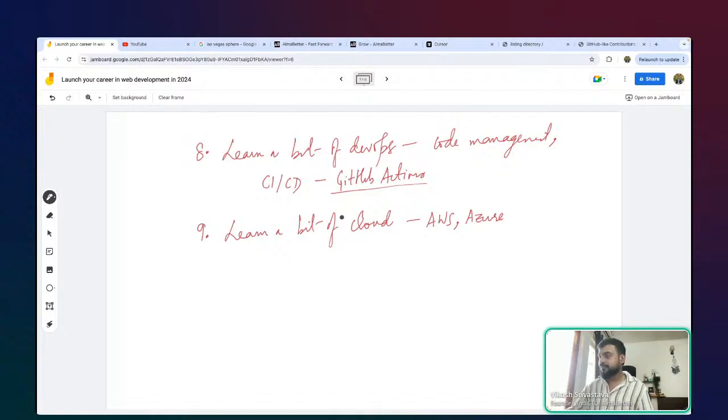Usually when you're working in a startup, or if you think about any big company, even Netflix, they are not hosting their entire infrastructure on their own premises. That means they don't own all the servers, but what they do is host their infrastructure on a cloud provider like AWS.